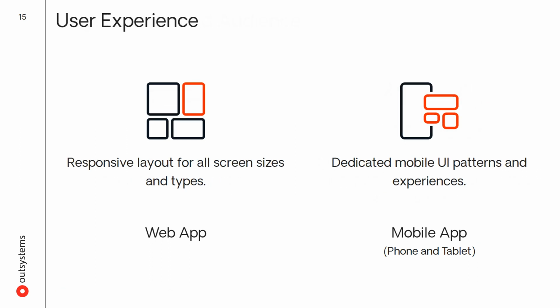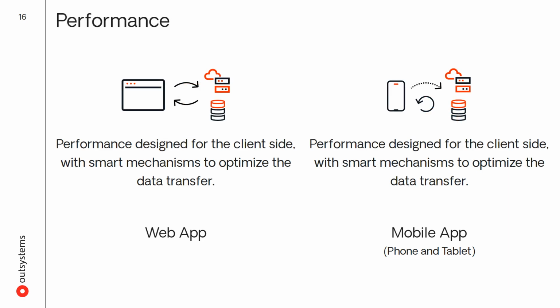User experience is highly important. A web app will enable you to create responsive layouts that adapt dynamically to the device's screen size. On the other hand, a mobile app needs to have its experience tailored for small devices, where fingers are tools for interaction. As for performance, there is no difference. Remember, behind the scenes, both web and mobile apps share the same technology stack. The only difference is that mobile apps may access the device's internal storage.